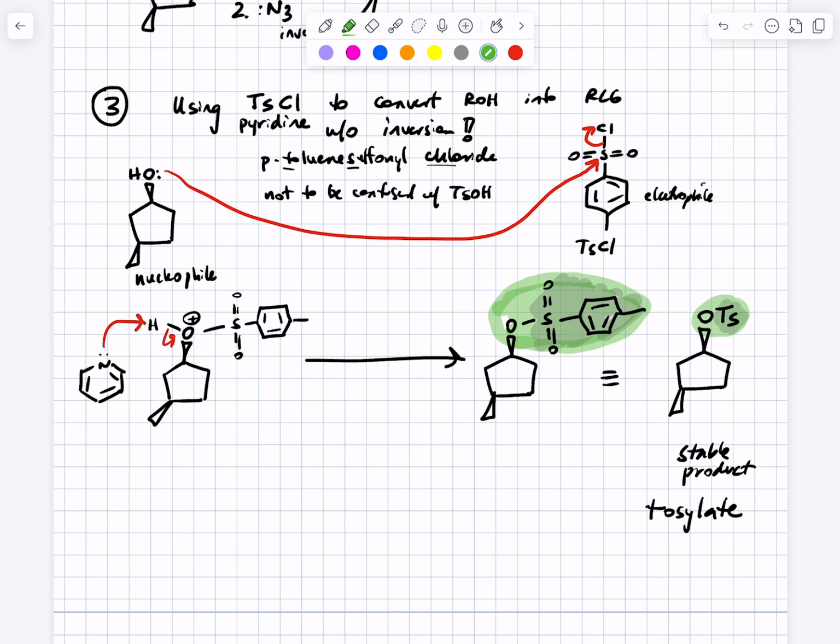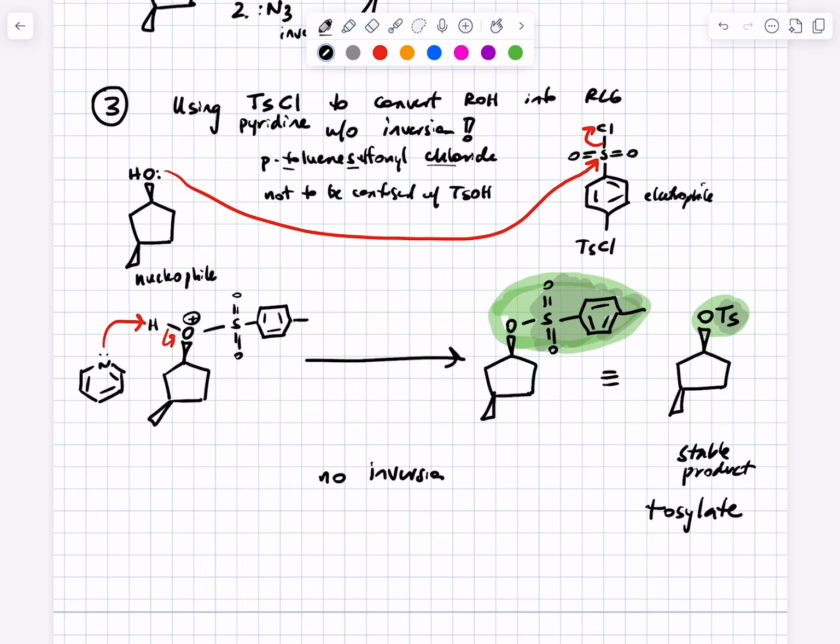Anyway, the tosylate is a good leaving group, but not good enough to leave on its own to give a carbocation, and certainly not good enough for Cl minus to come in from the backside and attack. So, because the carbon of the alcohol never got attacked, there's no inversion of configuration,